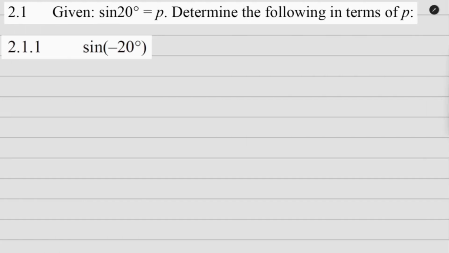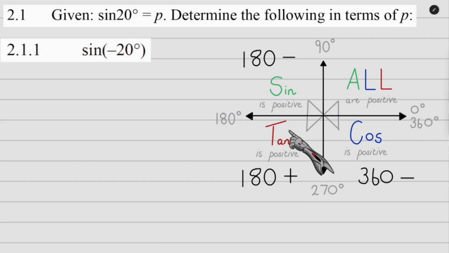In question 2, we start off with trigonometry, and I've got sine of 20 degrees is equal to p, and I need to determine sine of minus 20 degrees in terms of p. So we're going to have to do a bit of reduction to pull this off. So I'm going to get a CAST diagram going. And to set myself up for reduction, I need to add 360 here,